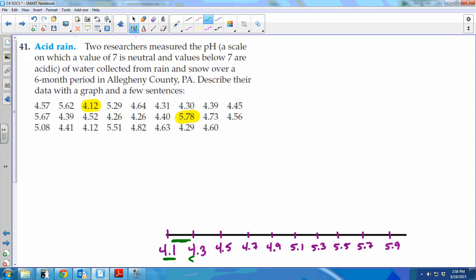Now, a histogram shows frequency, so all we need to do is figure out how many data points are in each of these intervals. So the easiest thing for me to do then is I just put X's to represent a data value, and then I go back and put my bars in, all right? So 4.57 and 5.62 and 4.12, 5.29, 4.64, 4.31, 4.3, which then goes in that second bar because it has to be less than 4.3 to go in the first one, 4.39, 4.45,